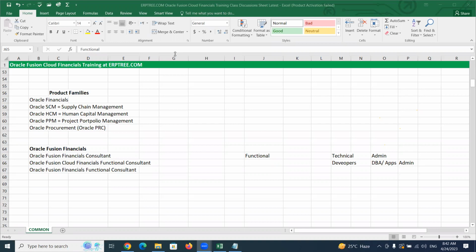Lakshman, one question. Let's say the client implemented EBS and has spent so much money. What is the need for the client to go to Fusion now, since he has spent lots of money? They definitely look at ROI, return on investment. Say they implemented two years ago, they may not move to Fusion now. After a few years, they will move. Say they implemented EBS 10 years ago, yes, they can make a move now.